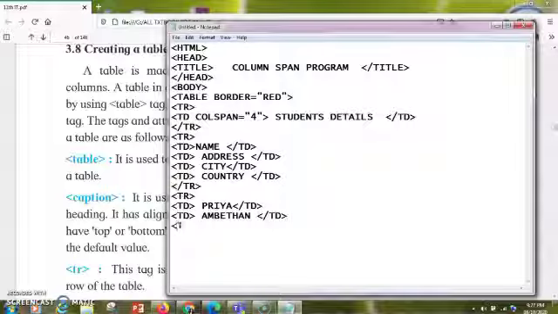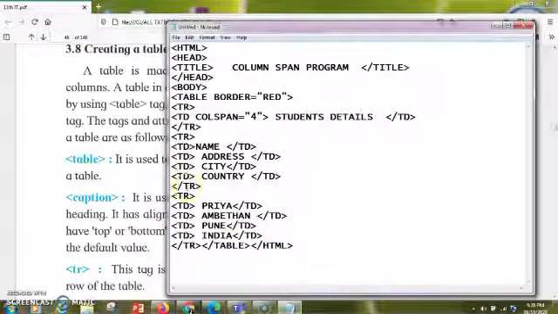Then I'll be giving the city as Pune and then I'll be ending it with the td tag. Then I'll give a td tag and country will be India and then I'll end the td tag here and then I'll be ending the next row here. This is how I have filled the entries and then finally I'll end my table tag with the end of HTML tag. So this is how I have written a program for column span.